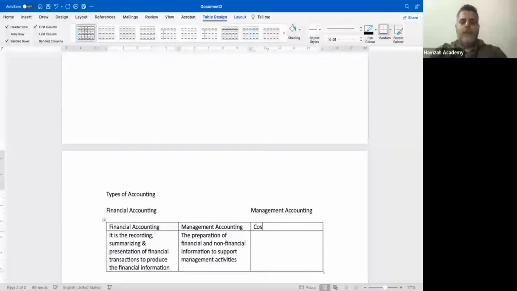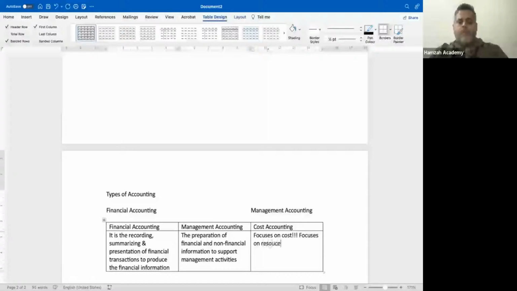And then we have cost accounting as well. Cost accounting basically focuses on cost, right? Management accounting is where the information is related to financial and non-financial information for management activity or management decision making. Whereas cost accounting focuses